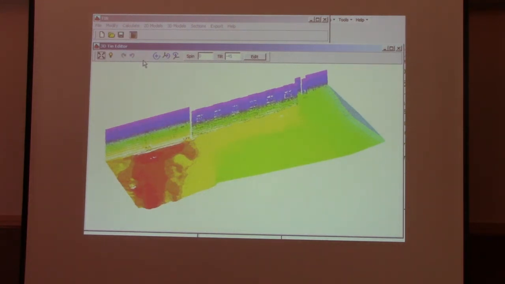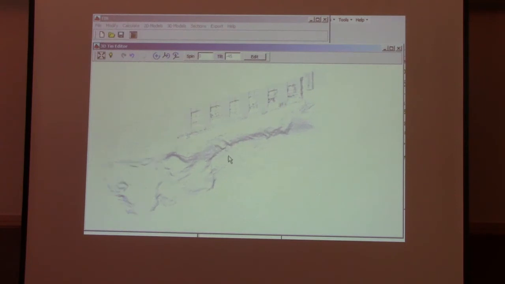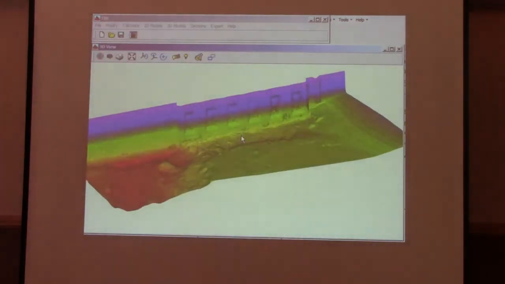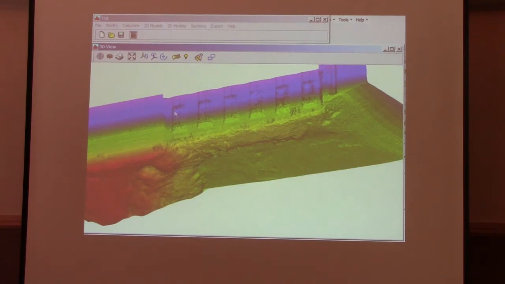So I'll click this little icon here, which will regenerate the model. You see it in grayscale here, so we'll be perfect in this one orientation. If I close this and go back to the 3D tin now, you can see how that vertical wall has very nice detail to it that we didn't have before. So with vertical structures, you want to reorient your data so when you project it onto that 2D surface,